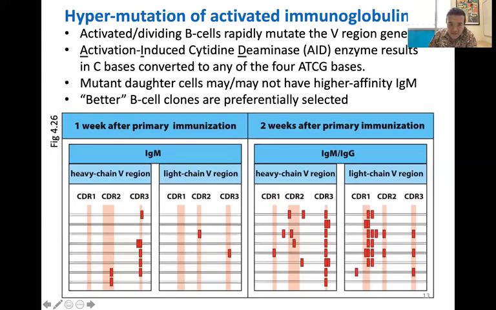So this is what, 1, 2, 3, 4, 5, 6, 7, 8 different cells, right? And you look at the VDJ recipe that it has inside for making immunoglobulins. What you see is after 1 week, you see random mutations happening in these hypervariable regions, in the heavy chain and also in the light chain. If you look 2 weeks afterwards in the same patients and take another set of, let's say, 8 B cells, look at how widespread the mutations are beginning to be. So very clearly, in a short amount of time, just a couple weeks, you've undergone several mutations of the